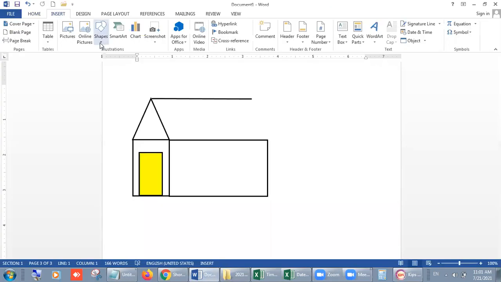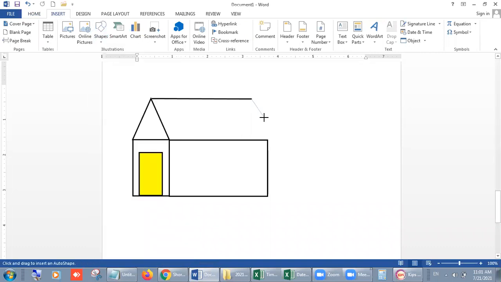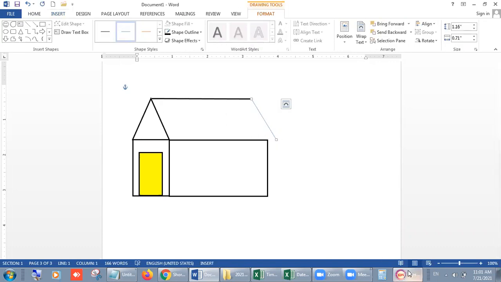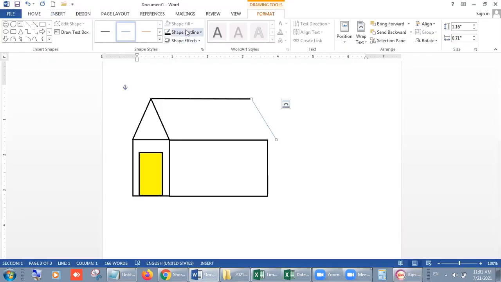Again, insert, shape, again shape. Let me check it. Yes, we are doing the same.